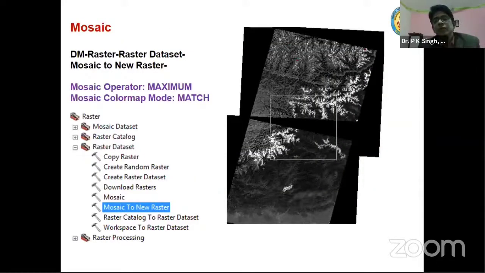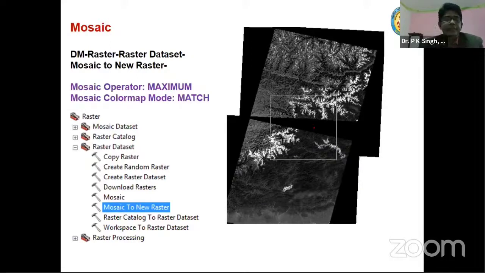This is simply mosaicing. I have taken two degree sheets, and I am interested in that part of the area. I will be doing mosaicing, then clipping the area of my own interest. You will be doing mosaicing in all software: ArcGIS, ILWIS, ENVI, QGIS. ILWIS is free software from ITC.